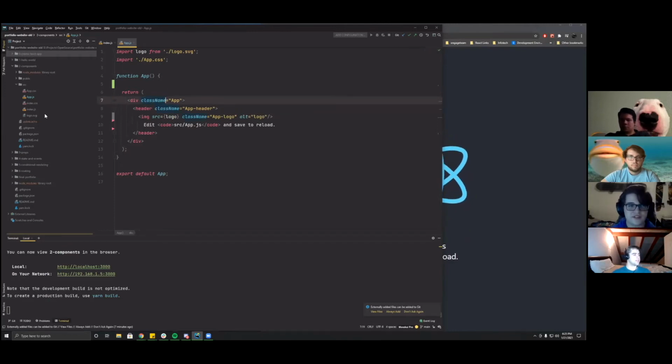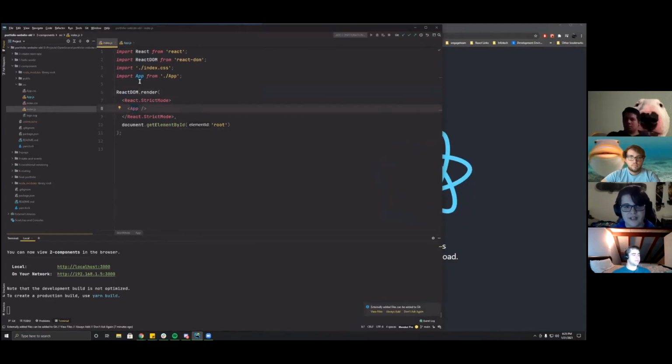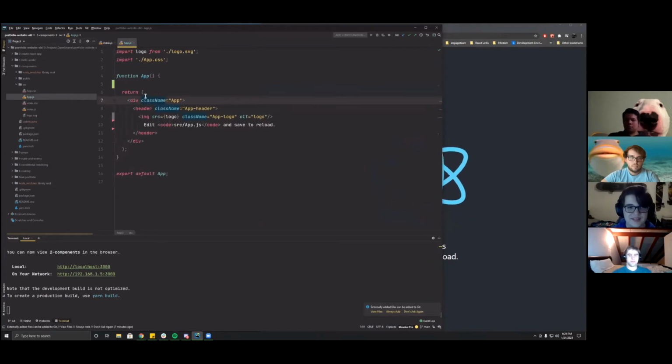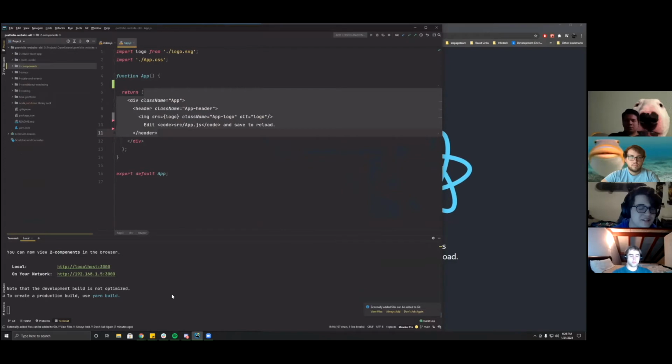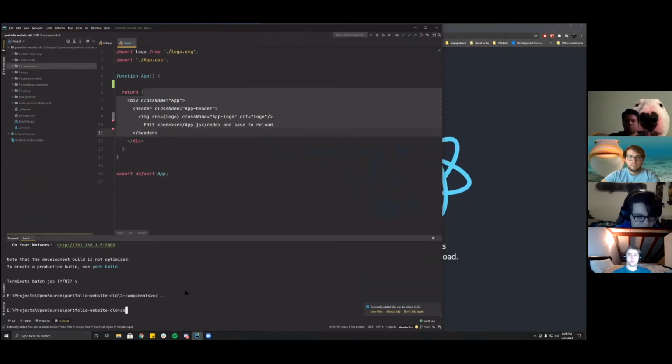Like I said, there's the index file that's just rendering this on the page, and it's just rendering a component, App, that we've created and imported. And this just has a very basic bit of HTML being returned. So if we stop that and go into